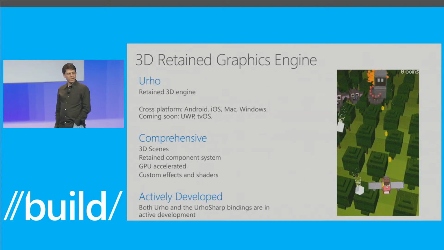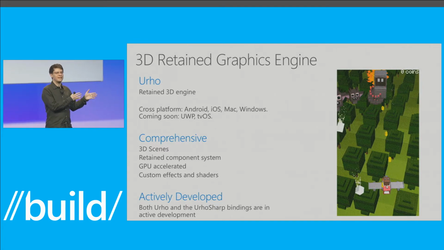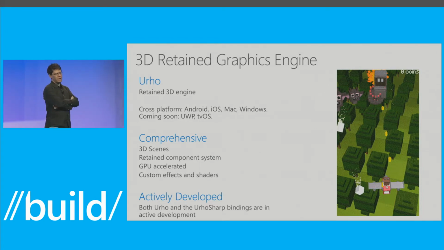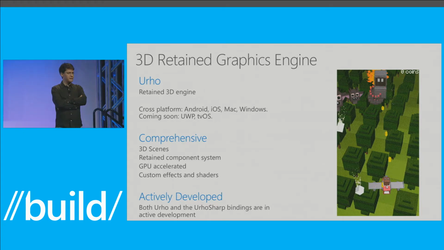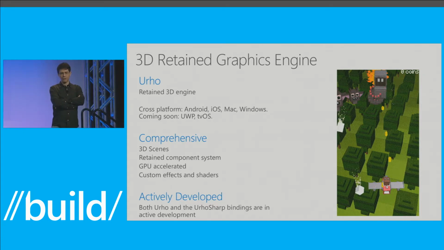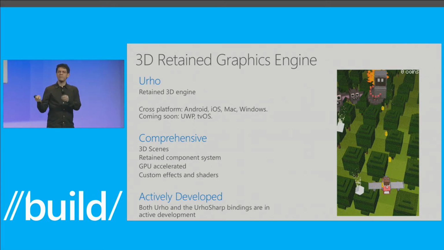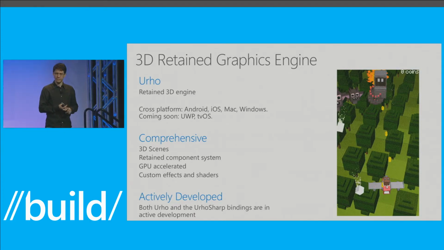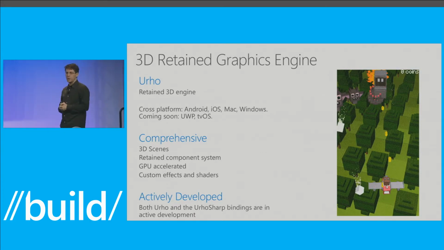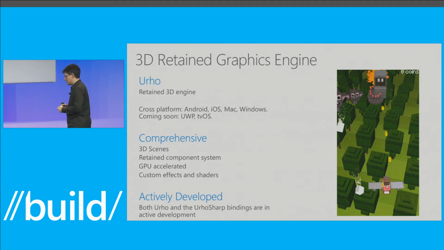The other thing that we've done is, just like we found Skia, and it was a fantastic 2D library, we found Urho. Urho is a 3D retained graphics engine and also game engine. It does 3D graphics, but it also does physics, object collision, terrains, pathfinding. It is very comprehensive, and what we've done is we've bound the Urho library to C#. We've created a beautiful, beautiful API, very enjoyable to use. Again, it's GPU accelerated, supports Windows, supports the Mac, supports iOS and Android. Again, it's a NuGet cross-platform.